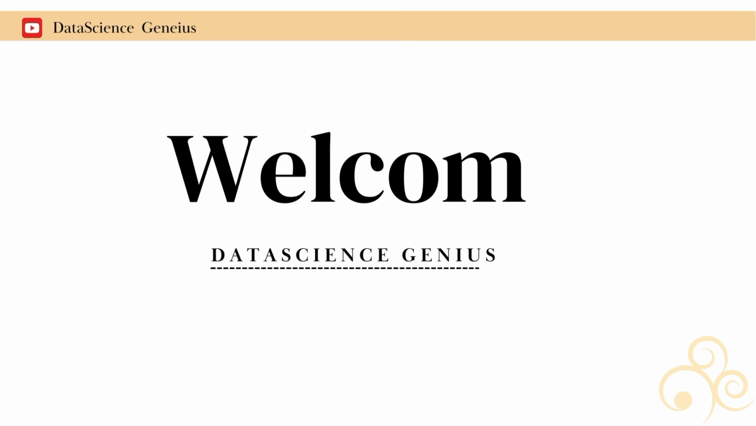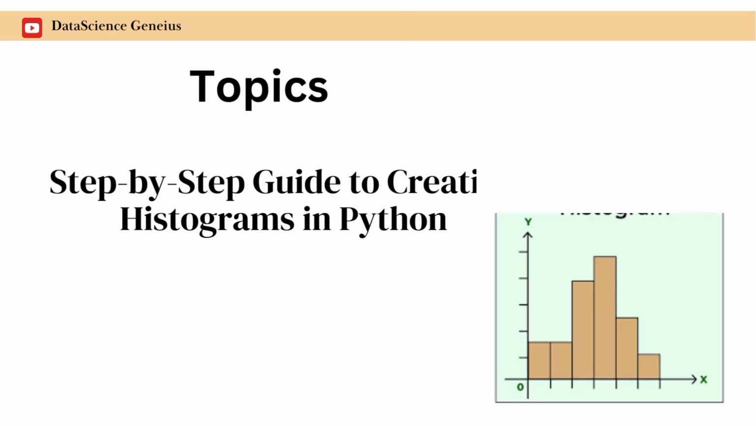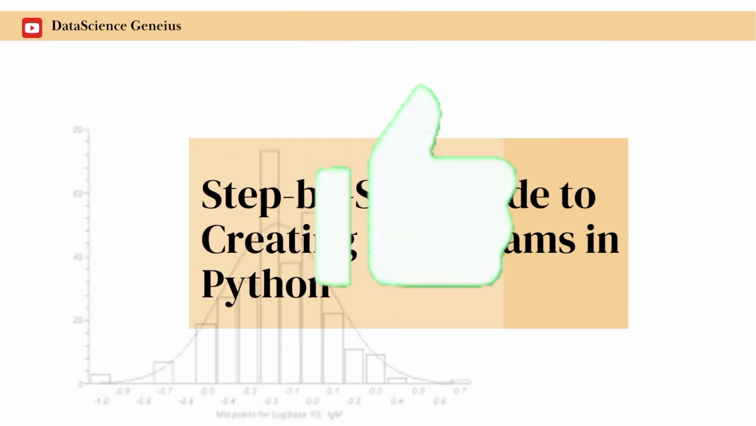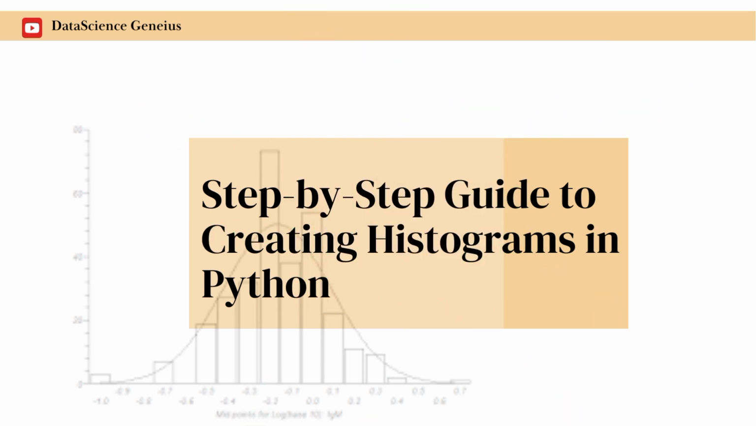So we are going to explore an important topic: drawing a histogram in Python. A step-by-step guide to creating a histogram in Python. A histogram is a graph that shows the frequency of numeric data using rectangles. The height of a rectangle on the vertical axis represents the frequency of the variable, the amount of how often that variable